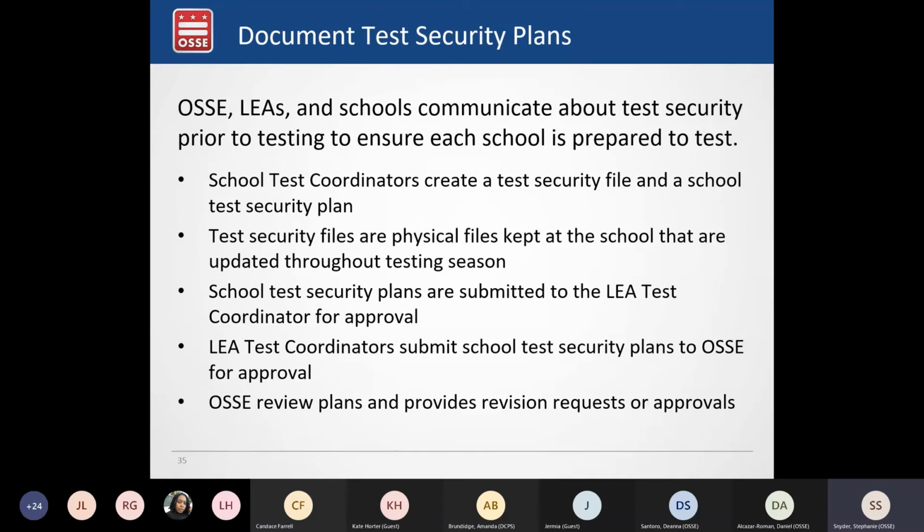So the test security plans are submitted to the LEA test coordinator by the school test coordinators, and then the LEAs send them to OSSI for approval.